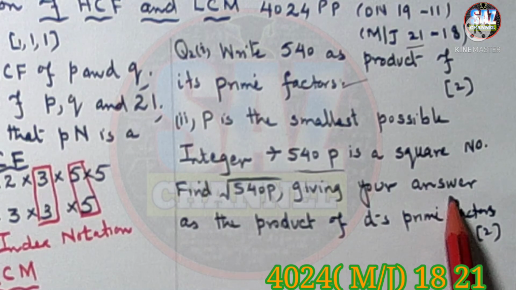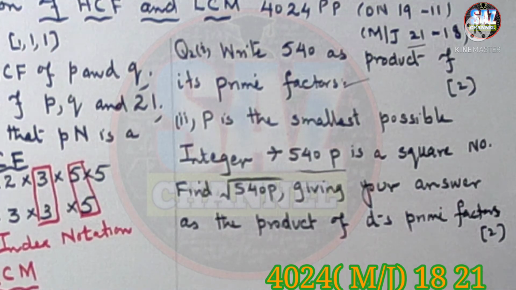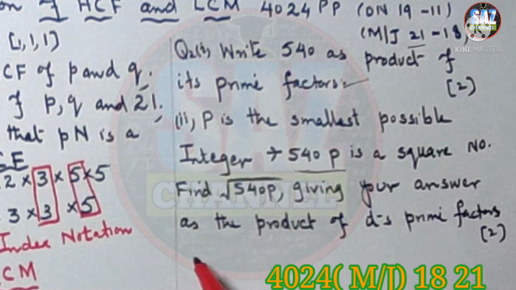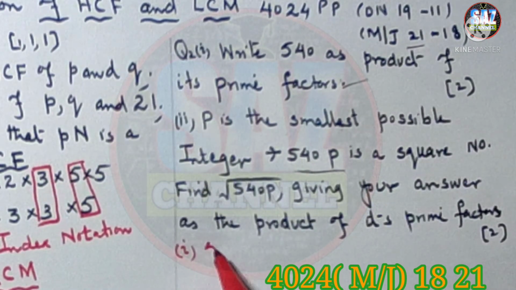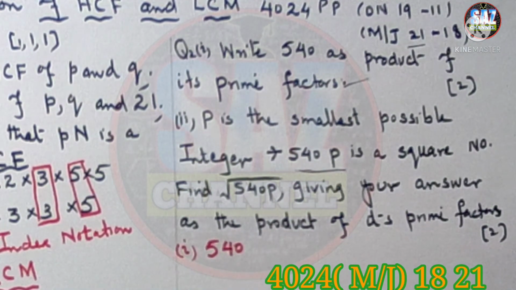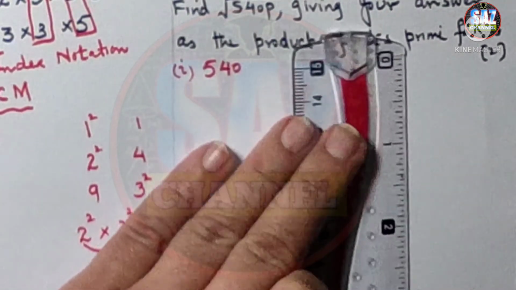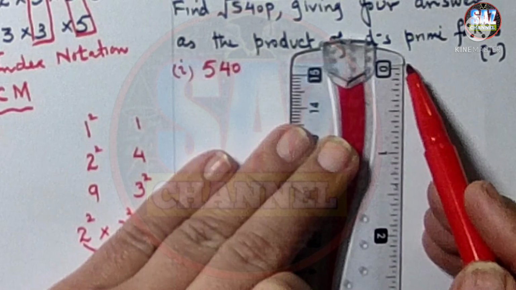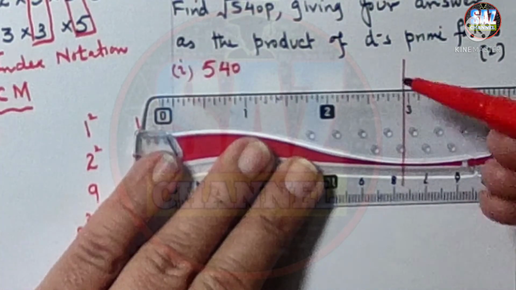Now see students, although these questions are from D1 chapter number 1, from the very basic book, they're really important, so please focus on all these questions. The first part says express 540 as a product of prime factors. This was also one of the problems that I was finding in my O2 papers, that students were not performing the complete process properly. So I thought to make a demo lesson on this topic as well.